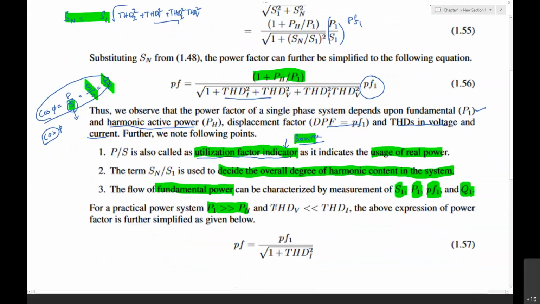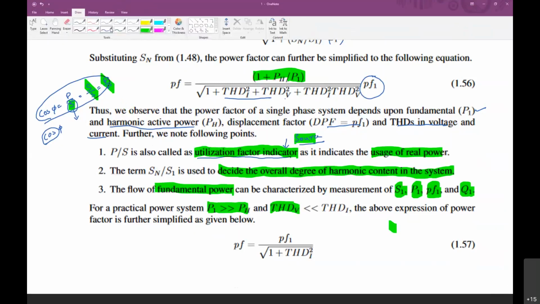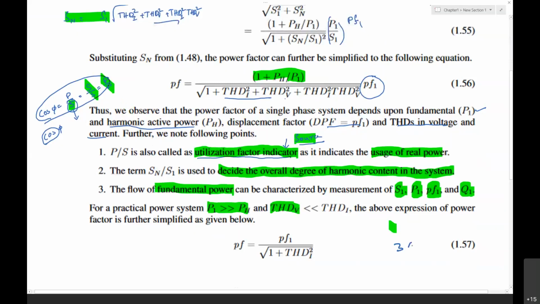And also the THD in voltage is very much lower in any kind of distribution system. If you see the standards which I mentioned in the earlier class also, the THD in the voltage level maximally allowed is something around 3% of the value. The THD in voltages allowed is around 3%. Okay. When you compare with the THD in the current, THD in voltage is less also.